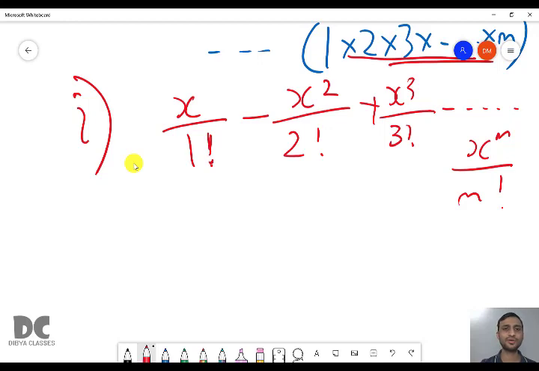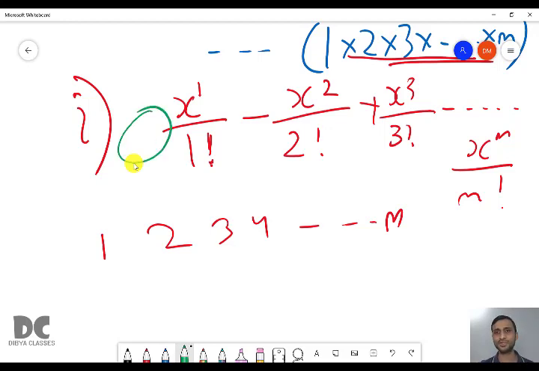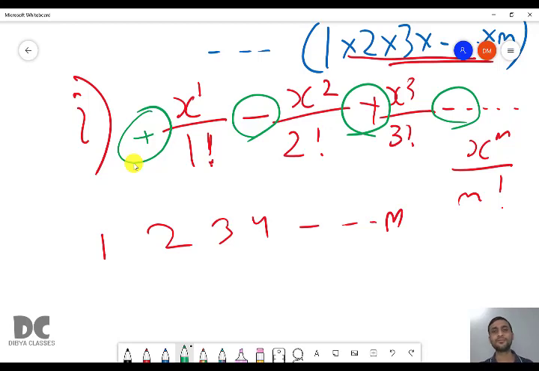So loop is going like 1, 2, 3, 4 till n. But the main thing in this series is first it is plus, the first number is positive. You may give a sign, you may not give a sign, doesn't matter. Then negative, then positive, then negative.